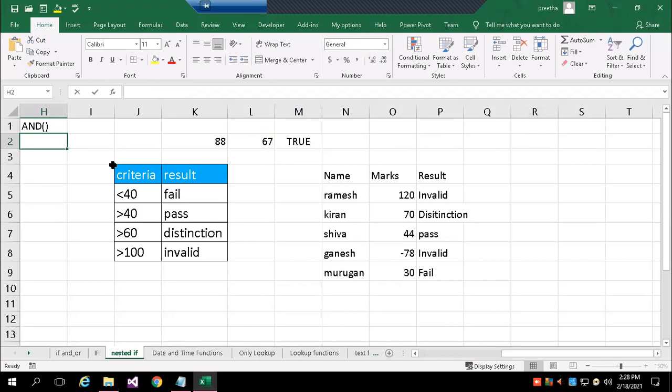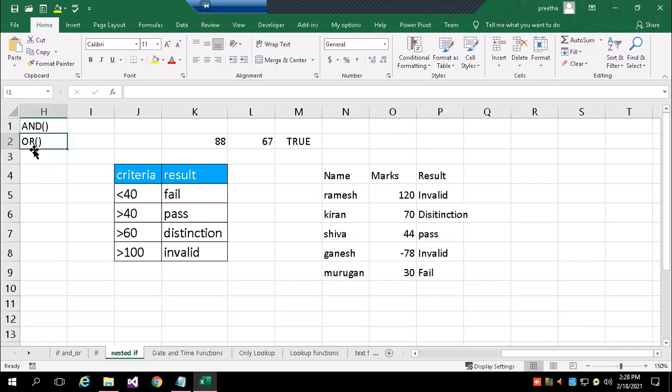So in Excel, under logical functions, you have AND and one more is OR. Both are used to represent multiple conditions. With the AND function, you can give two or more conditions, and all the conditions must be satisfied; only then AND returns true.